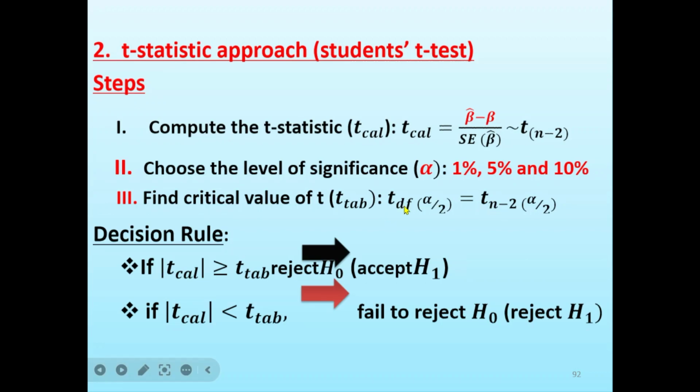ወይም ሲግኒፊካንስ ነው ማለት ነው፣ ቤታ ሀት ሲግኒፊካንስ ነው ማለት ነው፣ right? So if t calculated less than t tabulated ከሆነ ደግሞ you have to reject H1 and accept H naught ወይም null hypothesis accept እናደርጋለን። ስለዚህ null hypothesis accept ካረግን ቤታ not significant ወይም insignificant ናት ማለት ነው፣ right? x and y relationship የላቸውም የሚለውን ይዛል።